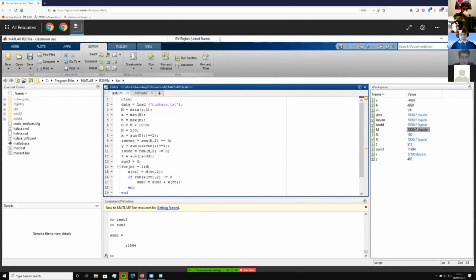But I believe if you use a colon between the 2 numbers, that'll give you your range. So it's similar to, as you can see down here, this 1 colon n. That's 1 to n, 1 to 1,000. So if you did 2 colon 3, I believe it would do the 2 of them. I don't have a text file like that set up, but I believe it'll do the 2 values. Try it out.